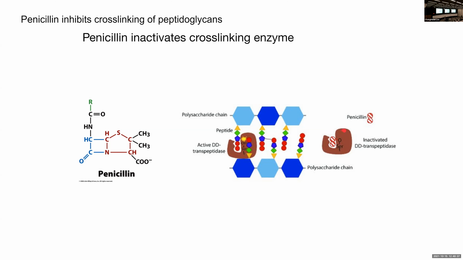And this DD-transpeptidase makes the linkages between the different chains of peptidoglycans by making those GGGGG links, the pentaglycine linkage there. So if penicillin gets into the active site of this enzyme DD-transpeptidase,